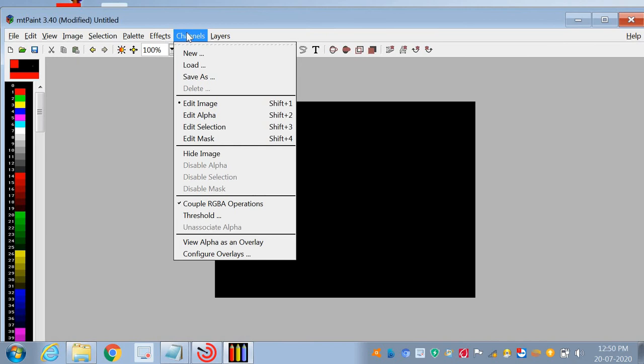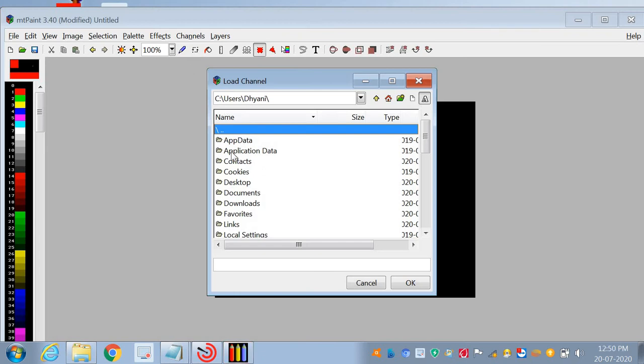Now change channel. So from channel you can easily load your image from any drive.